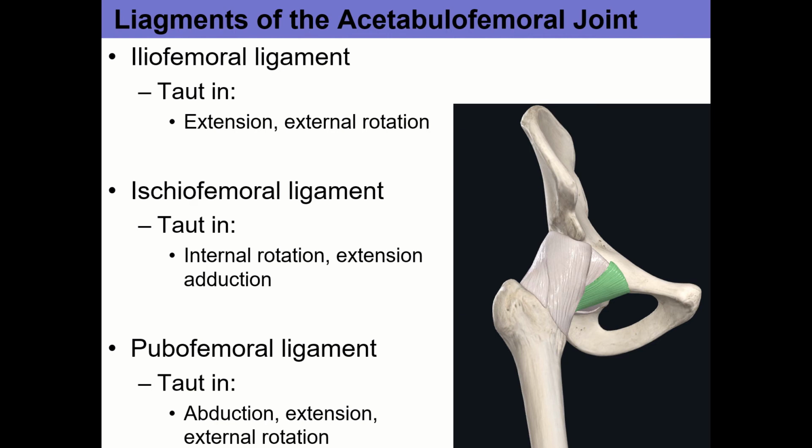So only one of the ligaments limits adduction, which is the ischiofemoral ligament, and only one of them limits internal rotation, which is also the ischiofemoral ligament, right? So having limited flexion at all, only one of the three limits adduction, only one of the three limits internal rotation. Not coincidentally,